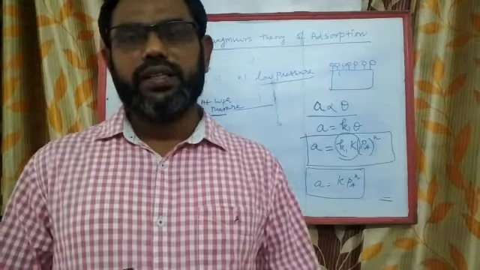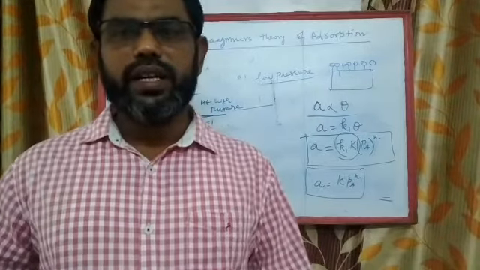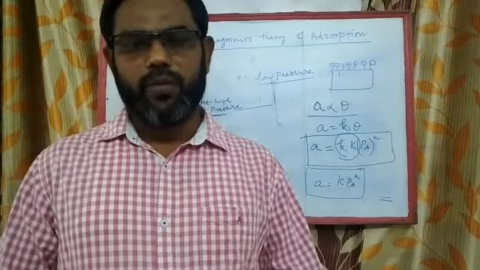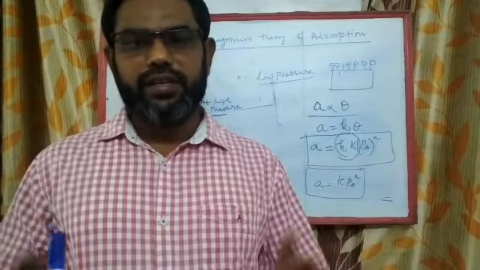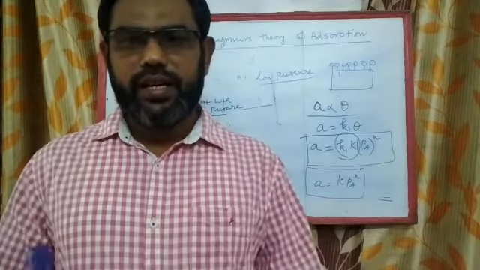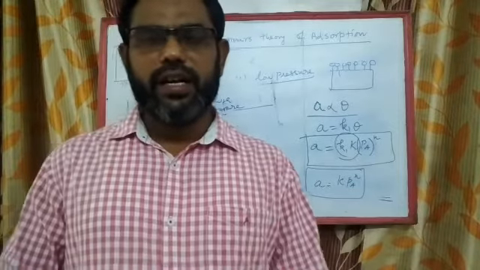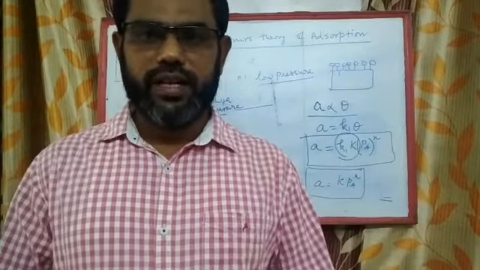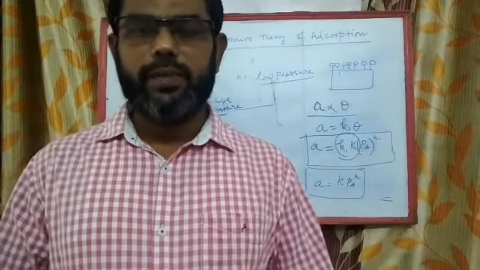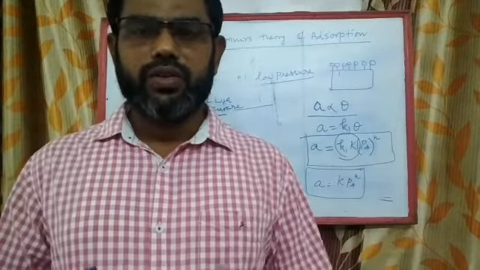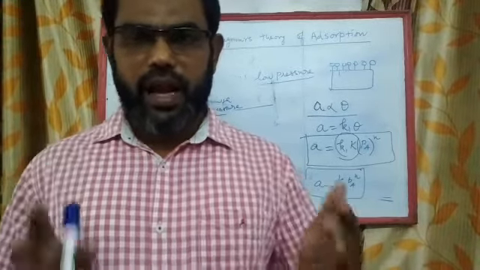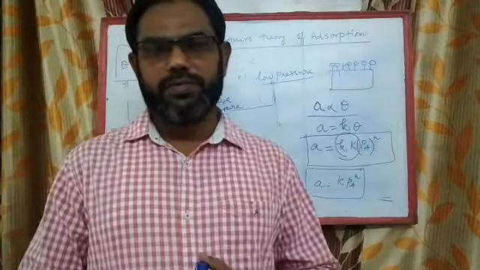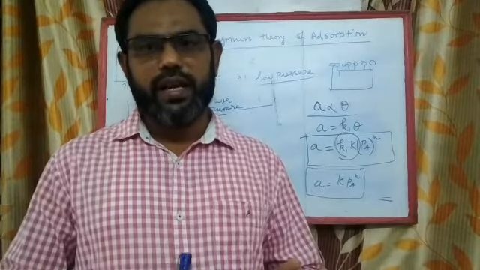The third assumption, the adsorbed molecules are in equilibrium with the desorbed molecules. There is always an equilibrium between adsorption and desorption. Then he derived an equation for adsorption and desorption. At equilibrium, the rate of adsorption becomes equal to the rate of desorption. So we have derived the value theta equal to kPa by 1 plus kPa. The equation is applied at various pressures. At low pressure, the equation becomes directly proportional to pressure, so the amount adsorbed is directly proportional to pressure.